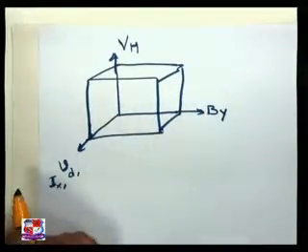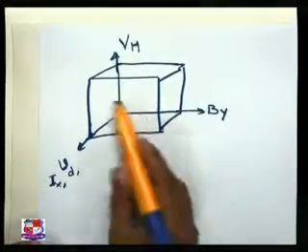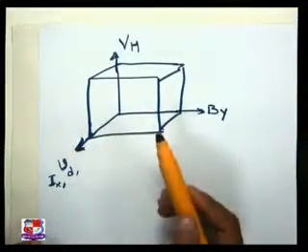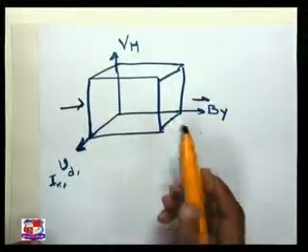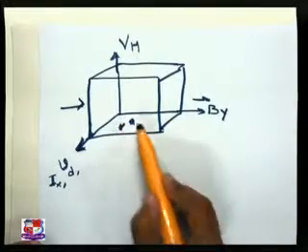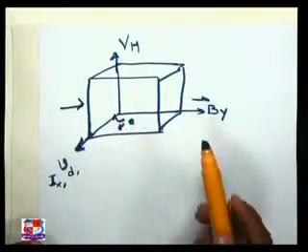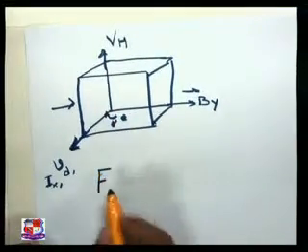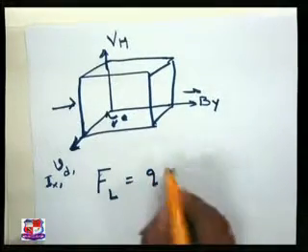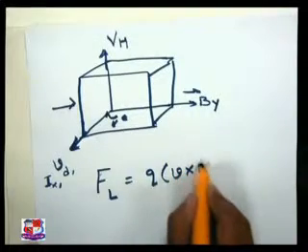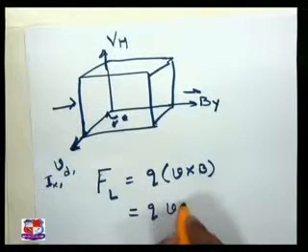Now how does it work? When we provide the electric field to this semiconducting material, the current will flow in one direction. If we provide the magnetic field in another direction, then the electrons moving in one direction will feel the Lorentz force. The Lorentz force can be given as FL. All of you must know it is actually Q into V cross B, that is QVB sin theta.